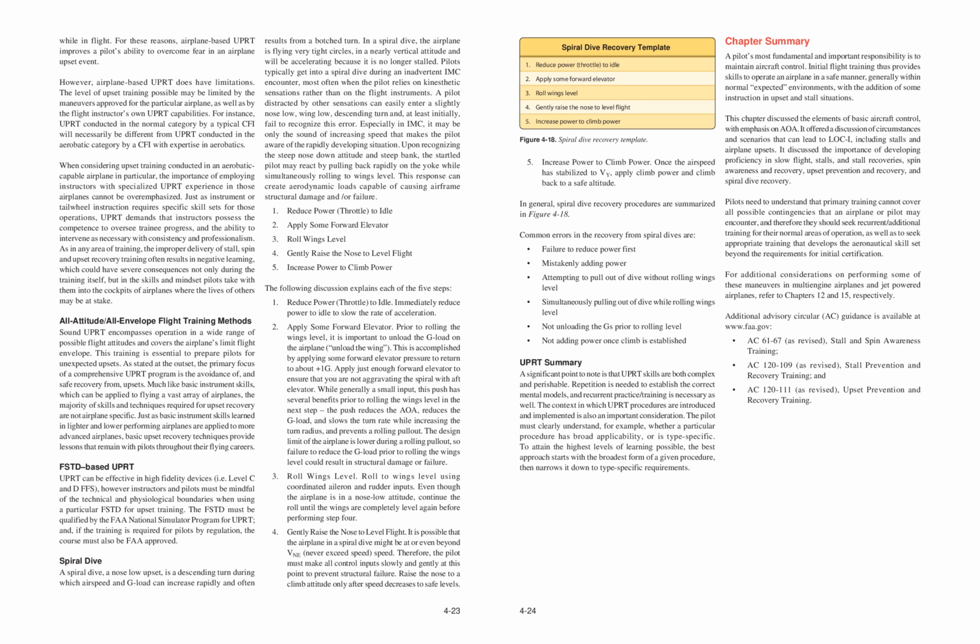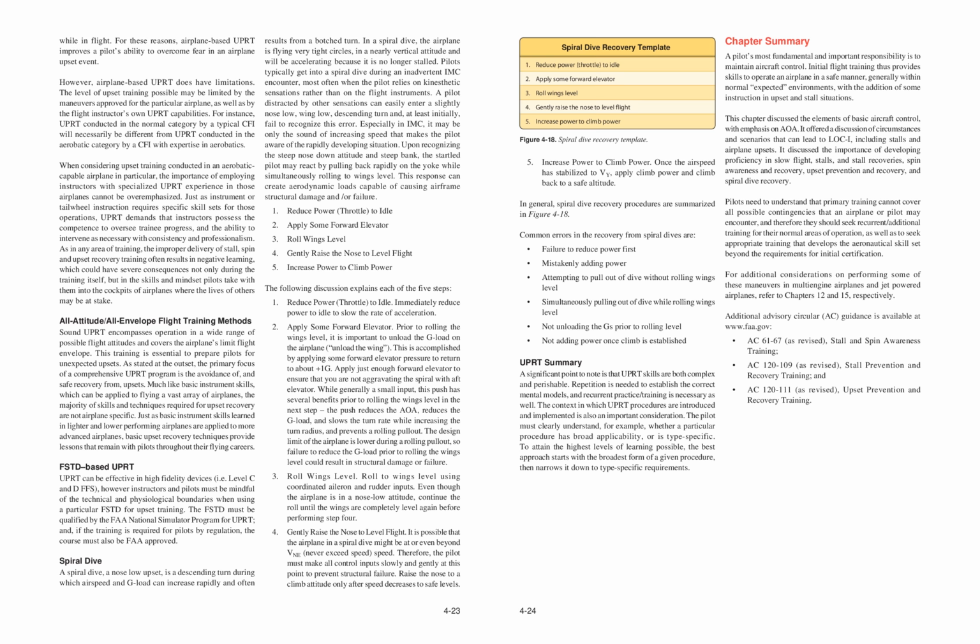Pilots need to understand that primary training cannot cover all possible contingencies that an airplane or pilot may encounter, and therefore they should seek recurrent/additional training for their normal areas of operation, as well as seek appropriate training that develops the aeronautical skill set beyond the requirements for initial certification. For additional considerations on performing some of these maneuvers in multi-engine airplanes and jet-powered airplanes, refer to chapters 12 and 15, respectively. Additional advisory circular, AC, guidance is available at